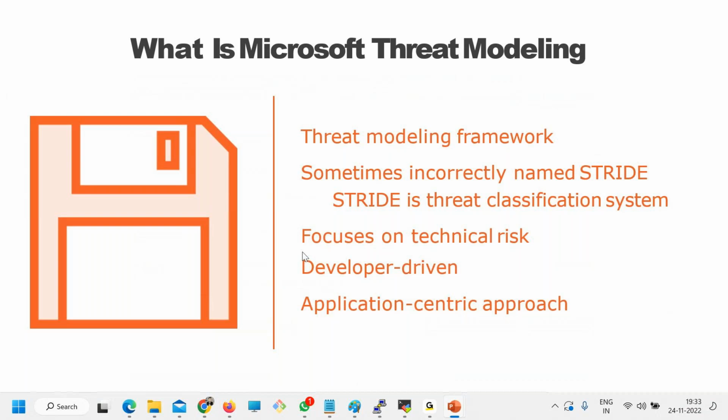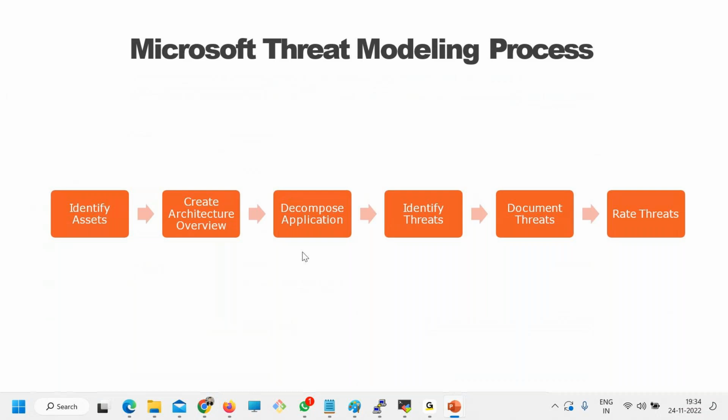Okay. Got it. So yeah, it focuses on a technical risk, developer-driven, application-centric approach. Now, what you are going to do as part of the Microsoft threat modeling process, which basically helps you to implement STRIDE: identify assets, create architecture overview, decompose application, identify threats, document threats, rate threats. So these are the 7 phases you have to do in order to implement the Microsoft threat modeling